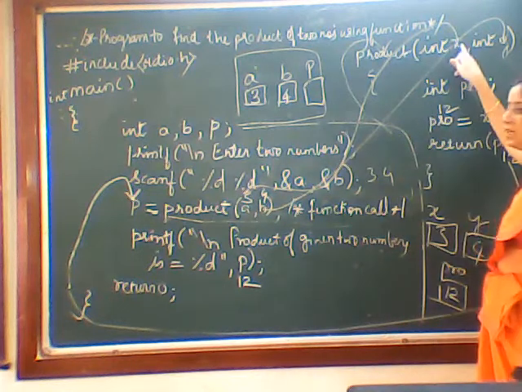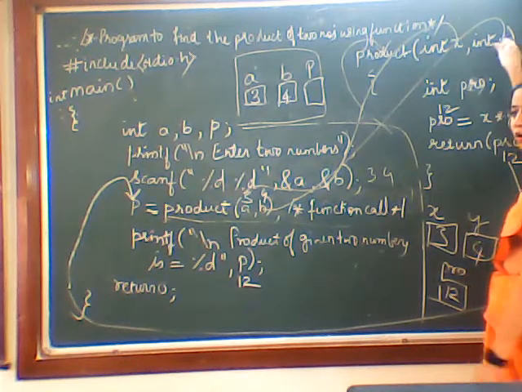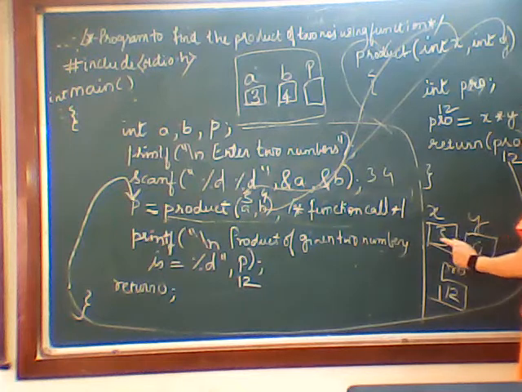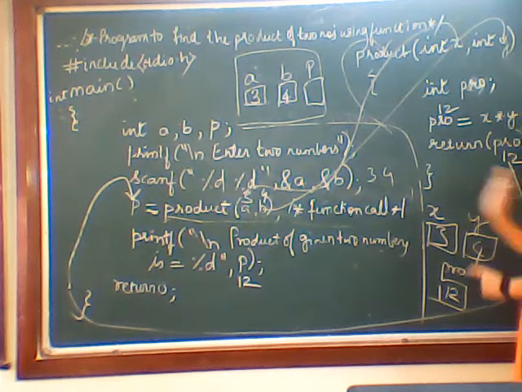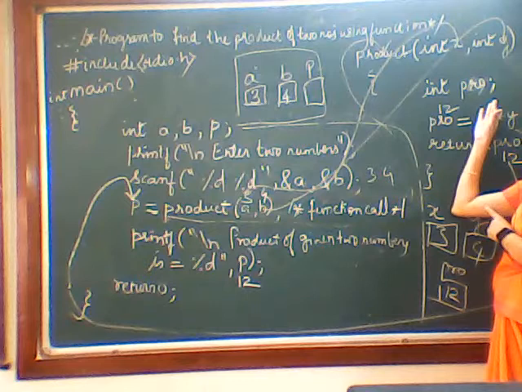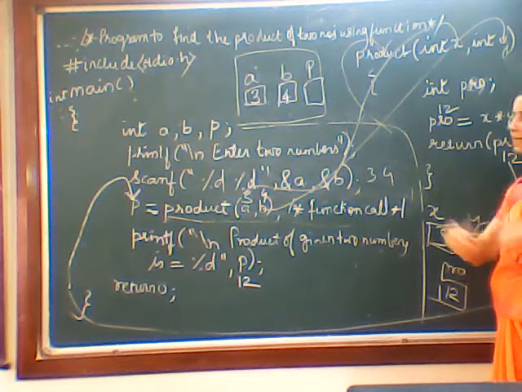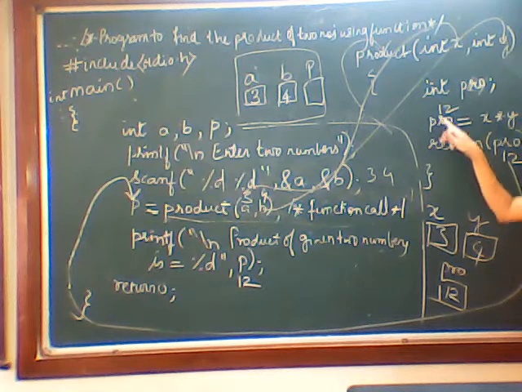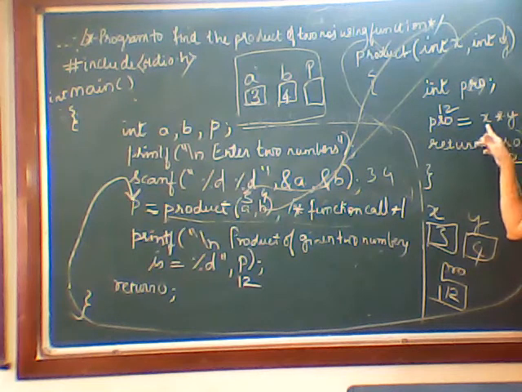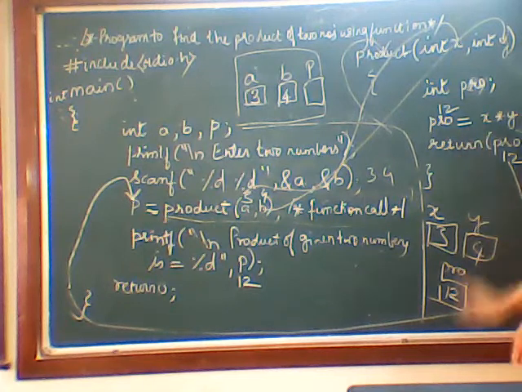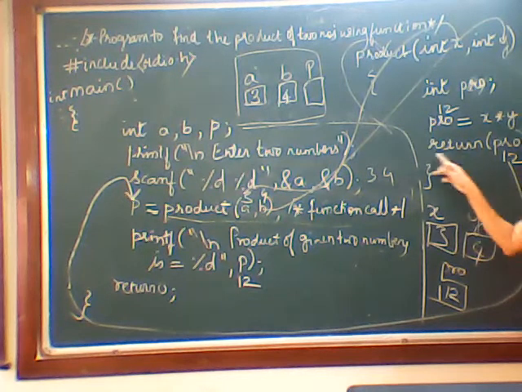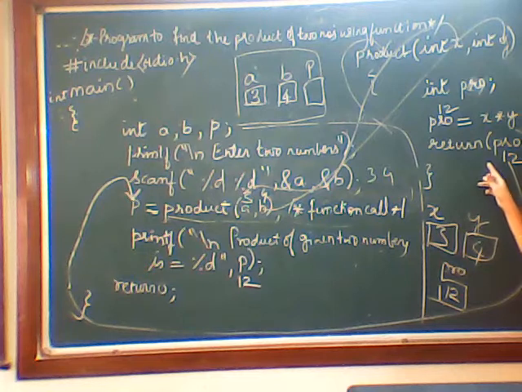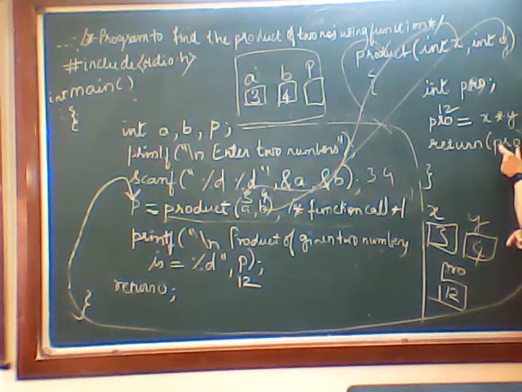store. 3 gets stored in x, 4 gets stored in y. So value of x becomes 3, value of y becomes 4. Now this will not execute, this will start executing. So when it starts executing, we have created a local variable called pro. Now we do the calculation. Pro is equal to x into y. Answer is 12. It is calculated. We want to return it back. In order to return it back, we make use of the return statement. We give the name of the variable that we want to return. When the value gets